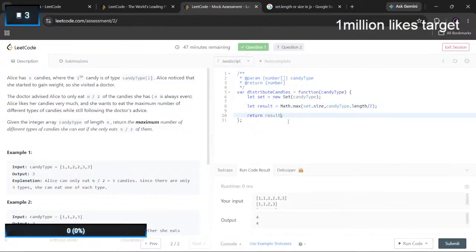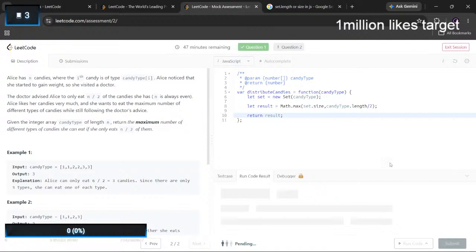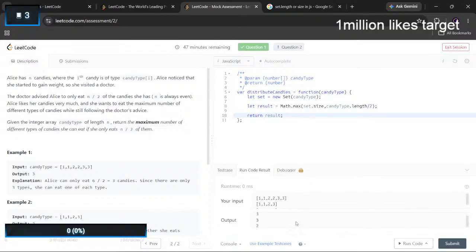No. Return minimum size. Why minimum? They ask for maximum. Return the maximum number of different types of candies she can eat, only if she can only eat n by 2 of them.